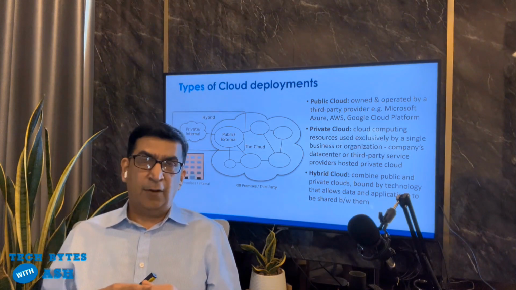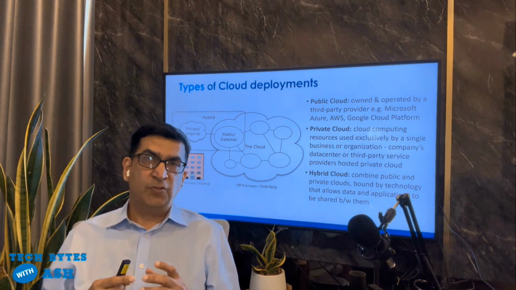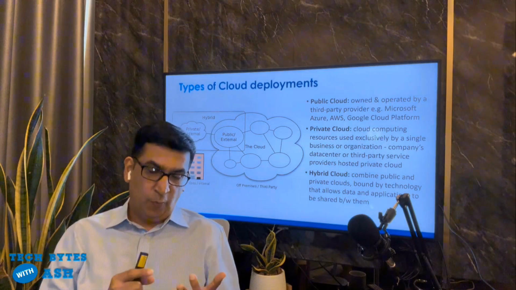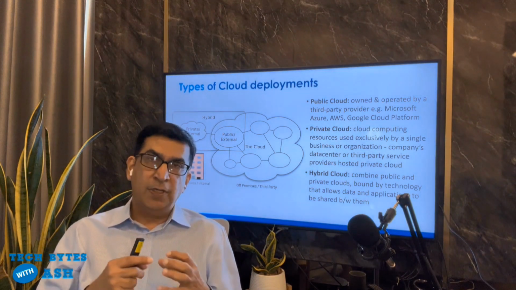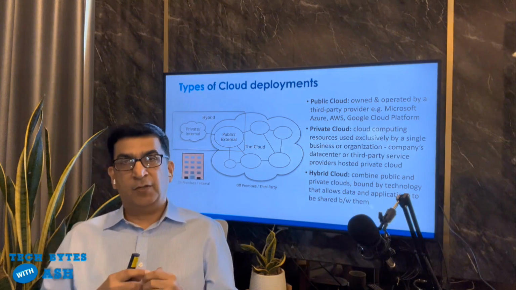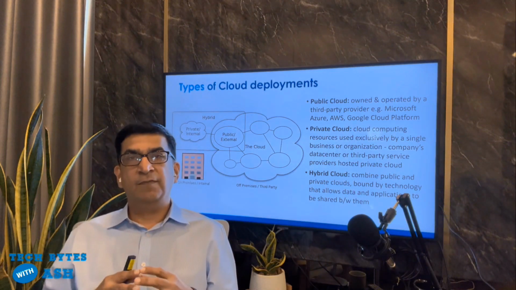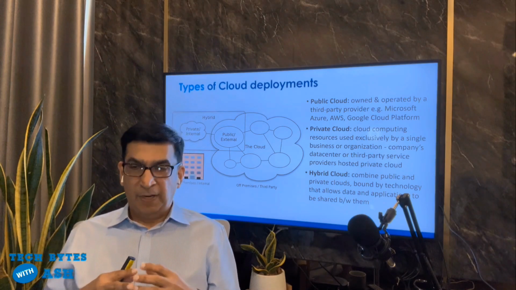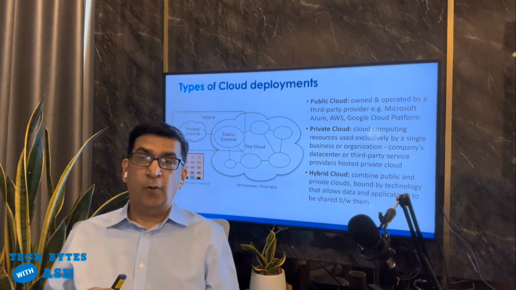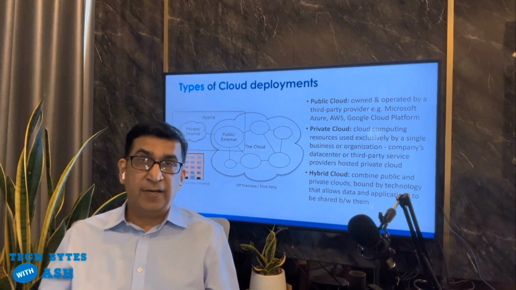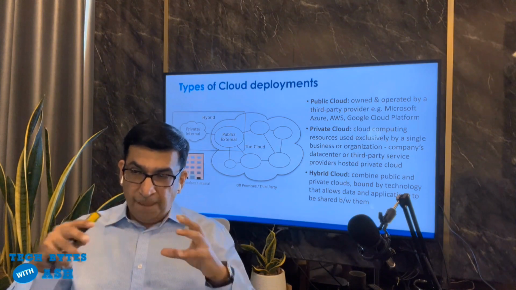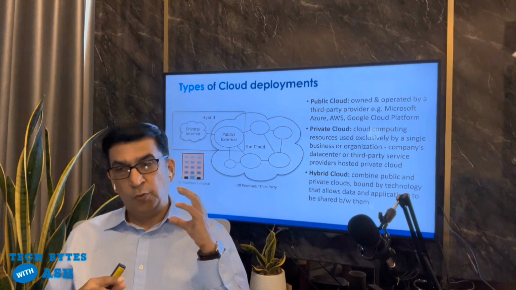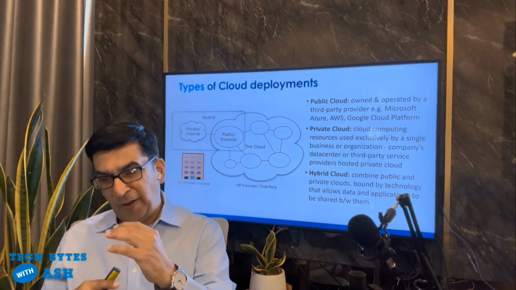The other thing to understand out of this whole terminology is just the deployments, right? So cloud computing has public, private, as well as hybrid computing. What that means is some people are using public service providers, kind of like Microsoft Azure, Amazon Web Services, Google Cloud Platform, or in Asia, a lot of people I've seen are using Alibaba, Ali Cloud, as well as Huawei, which is building their own data centers and doing things. So there's a lot of public cloud elements that you could use, and they're called hyperscalers, etc. So you can leverage what those people are providing.